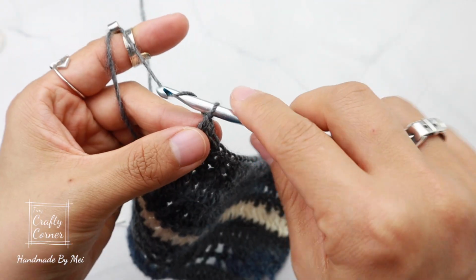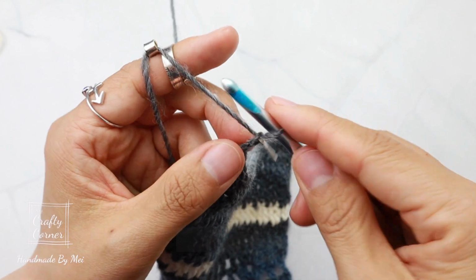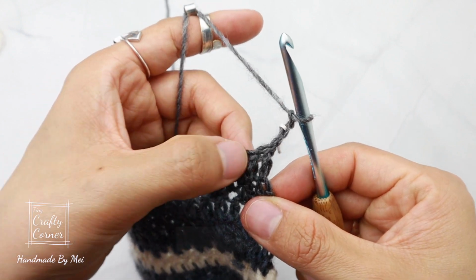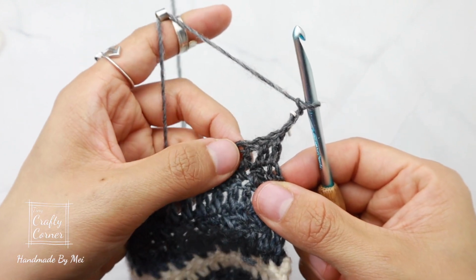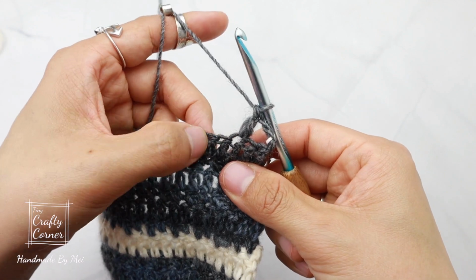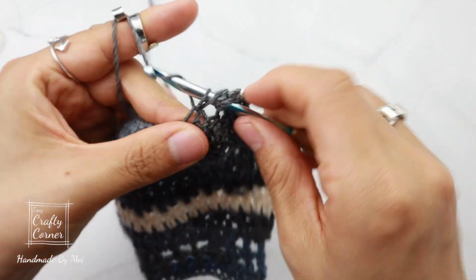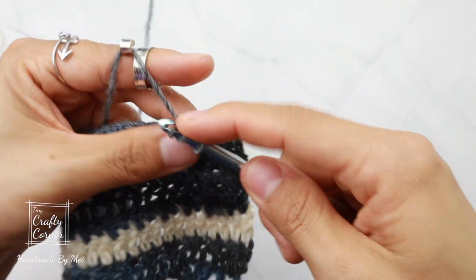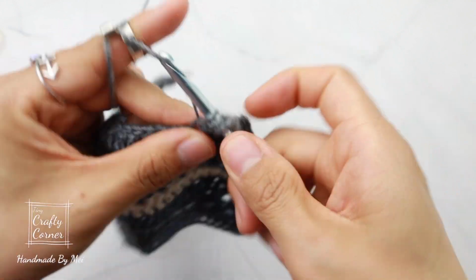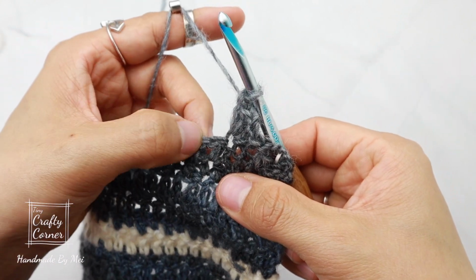To begin row 13, 2 chains. Place a marker, one more chain, total 3 chains, and turn, skip the next stitch, double crochet, skip 1, skip 2, fan stitch. So 2 double crochet, 1, 2, 1 chain, and 2 more double crochet, 3, and 4. Skip 2, double crochet,